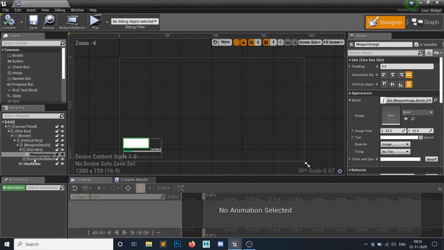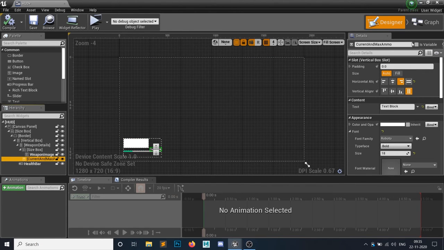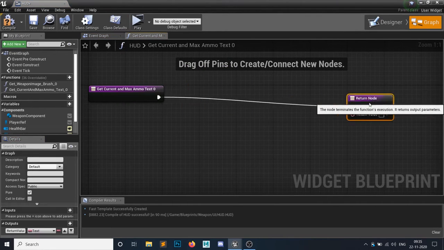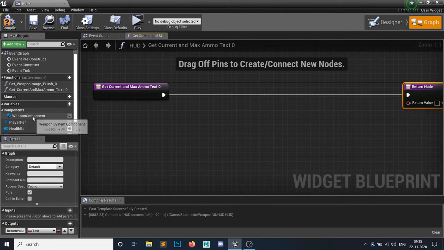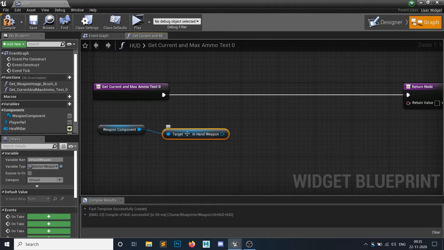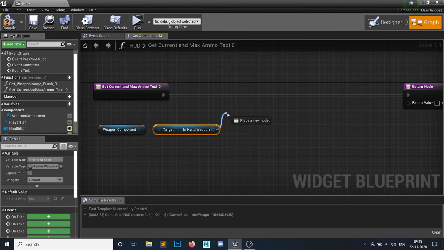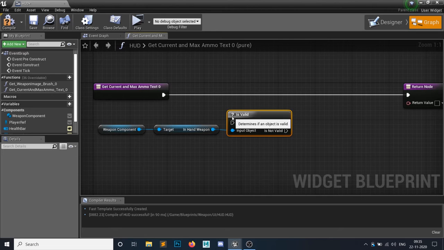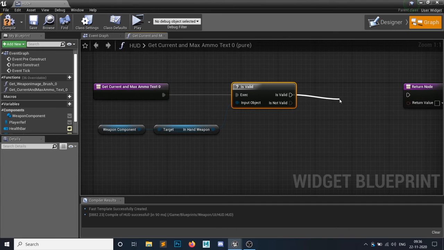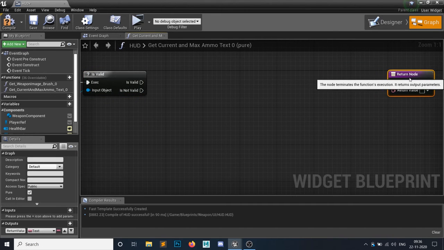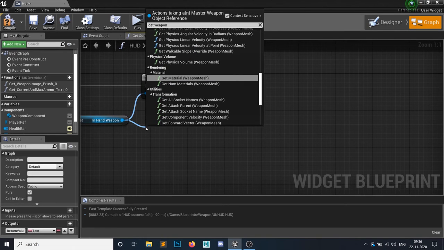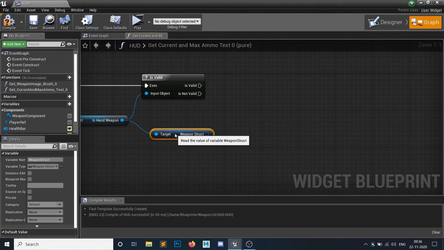What we need now is the current ammo and the maximum ammo. So let's bind this text. Create a binding and get the weapon component. From that, get the in-hand weapon, and if it's valid, then we want to set the current ammo and maximum ammo. So get weapon structure, and in the weapon structure we have a current ammo.